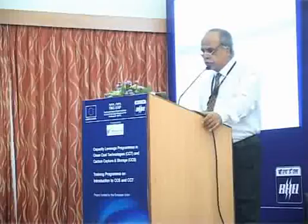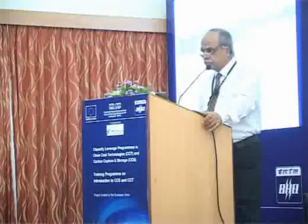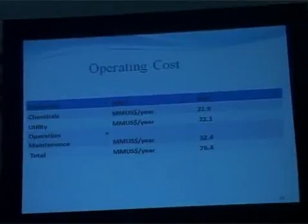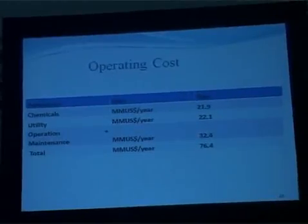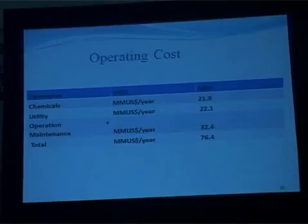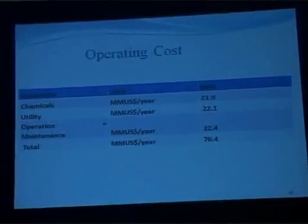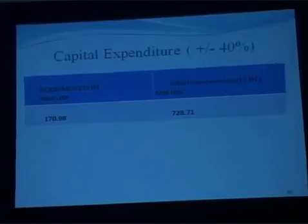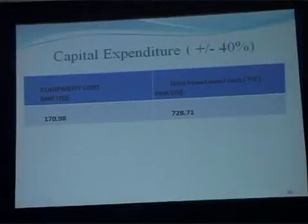Now, the chemical cost. If you remember one of this slide, I showed you these are the base data for the utilities, and this is US dollars per annum. The cost on account of utilities is around $22 million per year, and operating and maintenance cost is around 32.4 million per year. How do we calculate the operating and maintenance cost? It's basically 3% or 4% of the capex. Normally, which is pretty standard, 3 to 4% of capital expenditure. So total OPEX comes to $76.4 million, and the capital expenditure, which we estimated around 2 years ago for these equipment, was $728 million US,